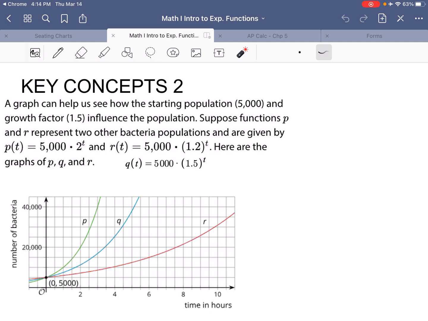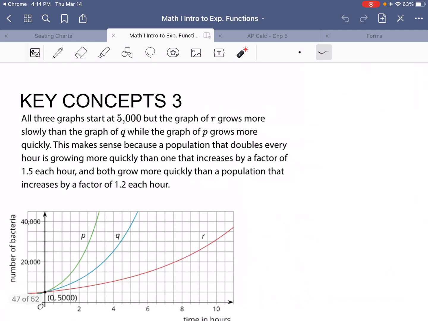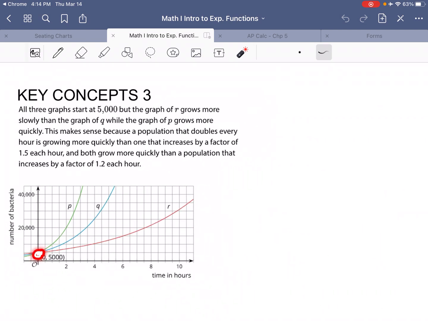Suppose functions P and R represent two other bacteria populations and are given by P of t equals 5,000 times 2 to the t, and R of t equals 5,000 times 1.2 to the t power. Here are the graphs of P, Q, and R. All three graphs start with the same initial number of bacteria, 5,000, but the graph of R grows more slowly